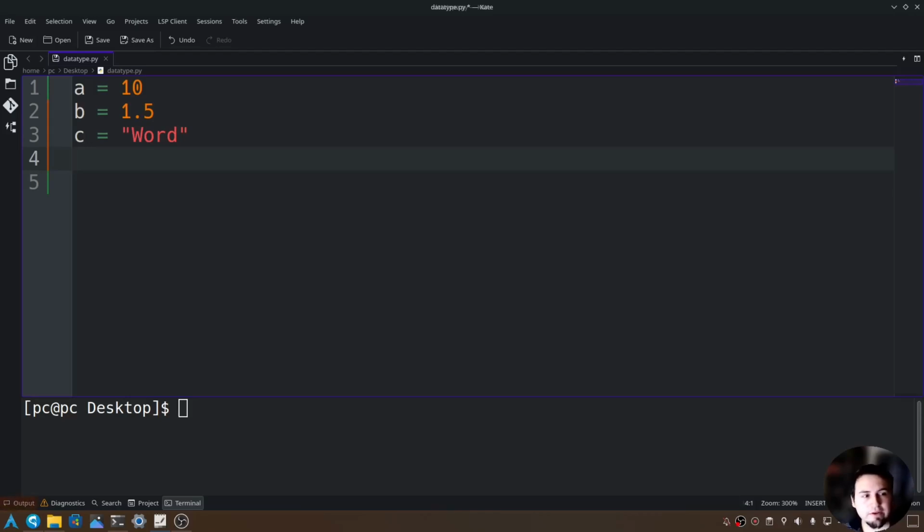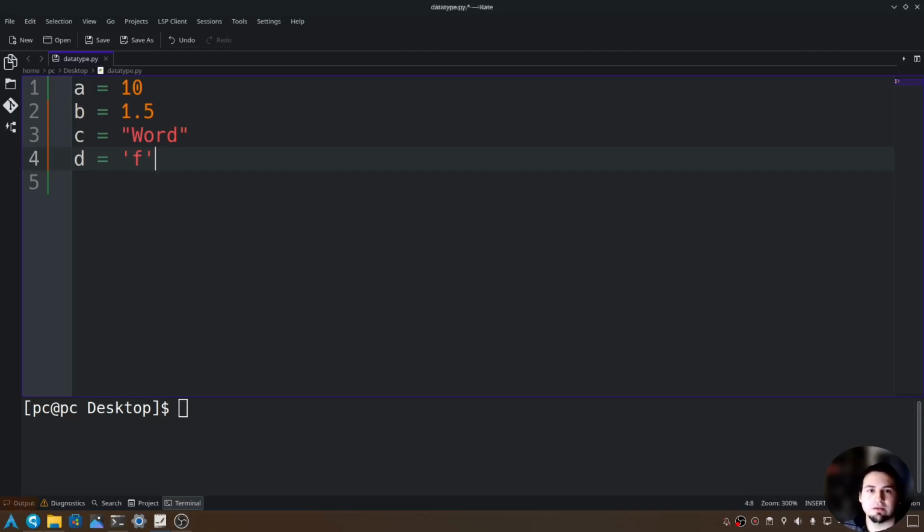So now that we know this, we can say D is equal to open and close single quotes, and those single quotes can contain a single letter or a full word, even a complete sentence. So it does not make a difference in Python whether you're using double quotes or single quotes. Now that we've gone over chars, strings, doubles, floats, and integers,